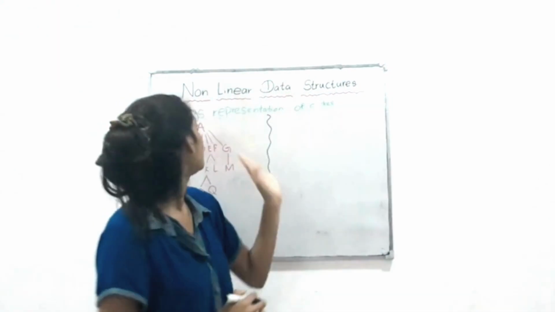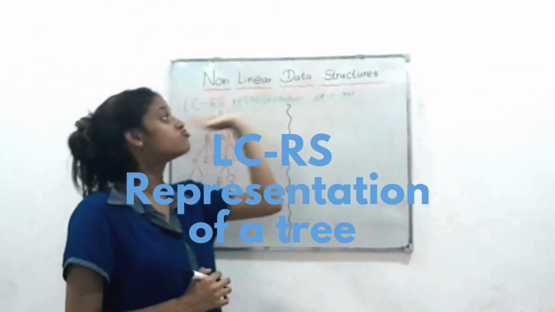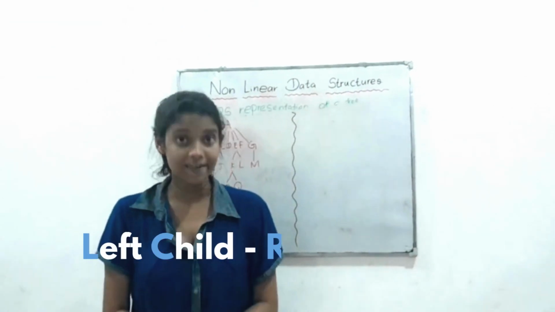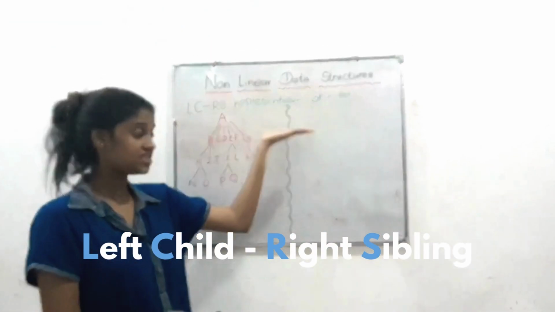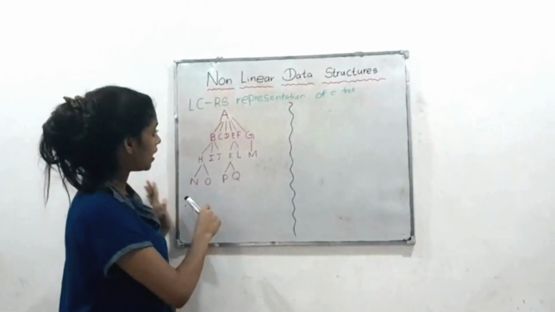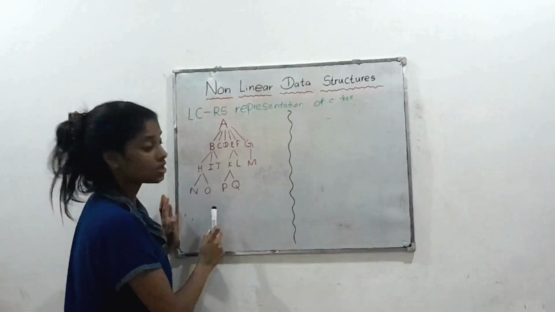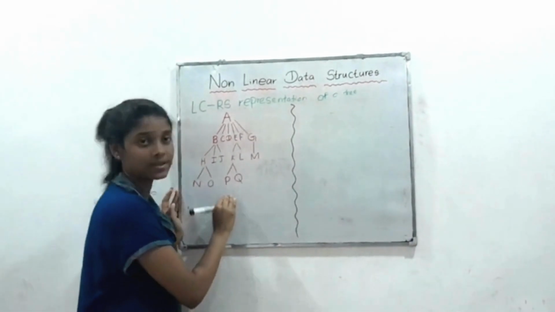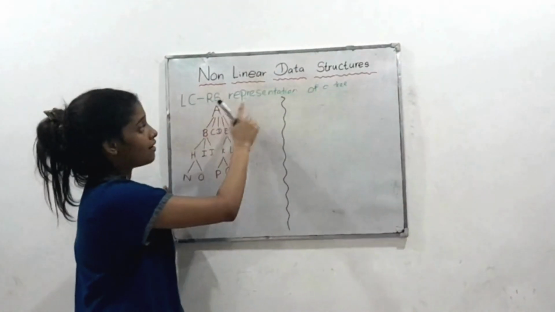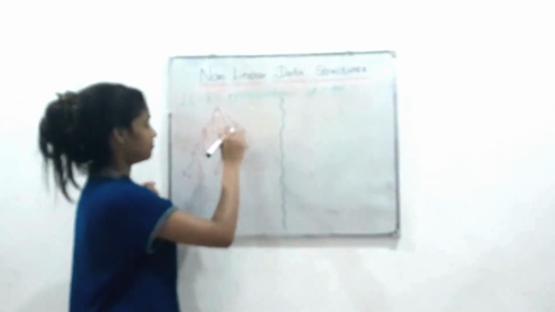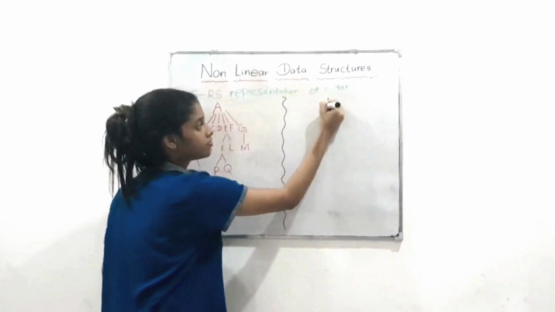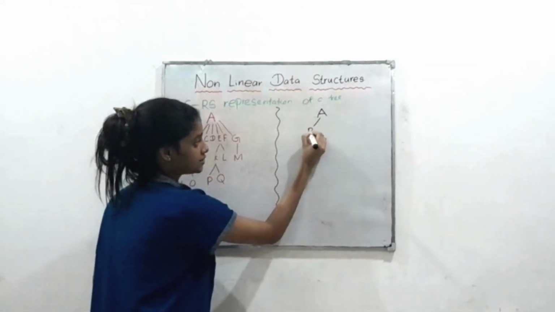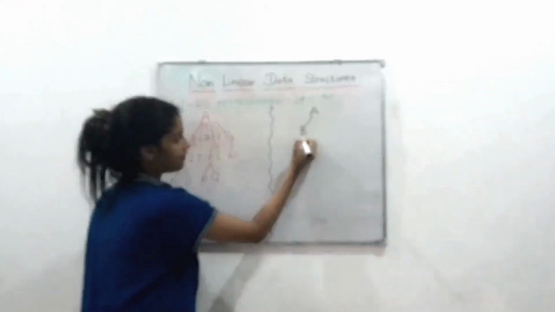Okay, now let's see what is this LCRS representation of a tree. This LCRS stands for left child, right sibling representation of a tree. Now, in here, we have an example. So, now, let's see how this turned into LCRS representation of this tree, right? First, we write A. Next, we have left child as B. Next, we have